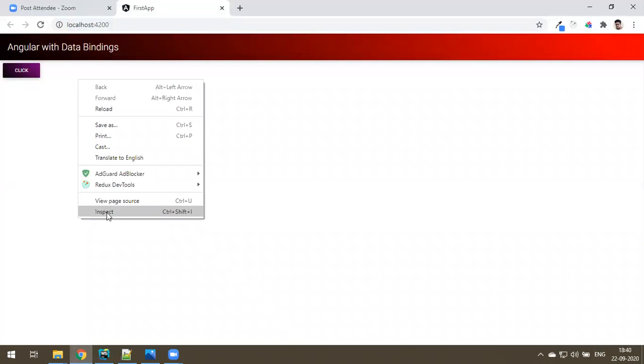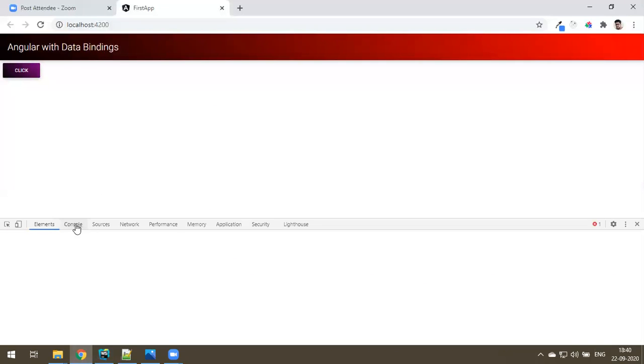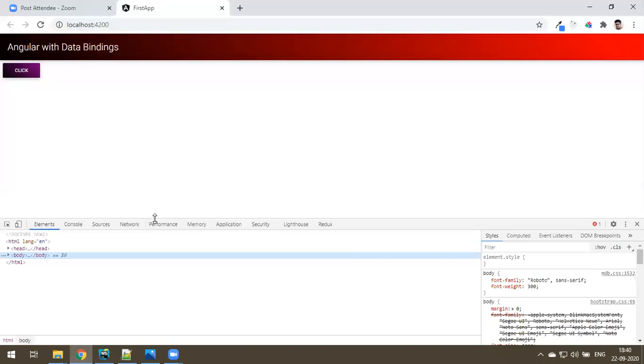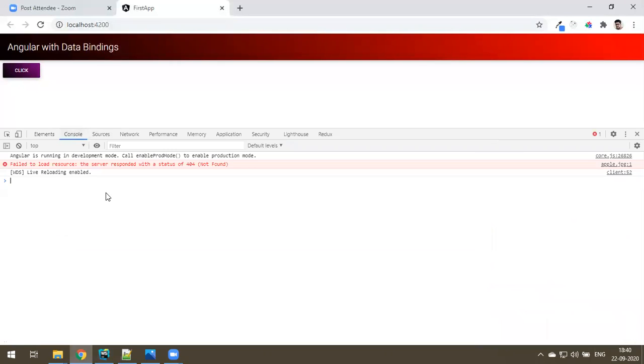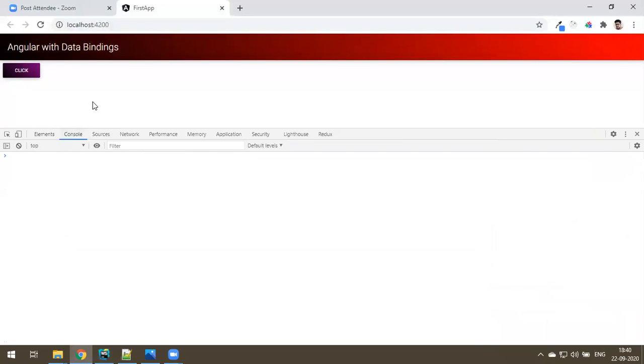You can open inspect and open a console window. What is that? Apple.jpg does not exist. Yeah, I know, there is no apple.jpg. When I click on this button, see, you get the image tag, correct? And some extra class names added that belong to Angular, so you don't need to worry about it. So you got the whole image tag.